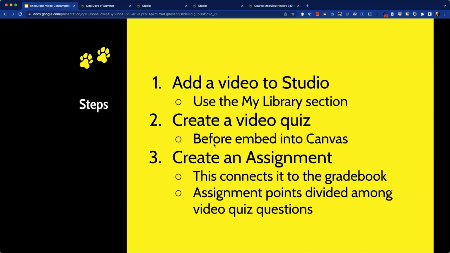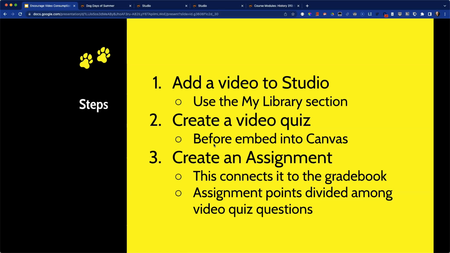I suggest creating an assignment, and you'll use the external tool to create the assignment, and Select Studio is the external tool. And the reason I say to create an assignment is that way the points for the video quiz will go in the gradebook. If you just embed the video with a quiz in a content page or in a discussion, for example, there's no point in the students submitting the quiz. They can watch the video. They'll have to answer the questions, but they don't have to submit basically at the end. And again, so that connects it to the gradebook.